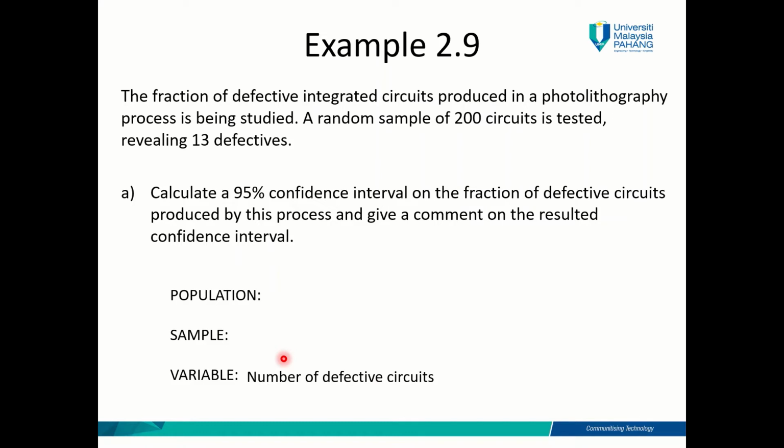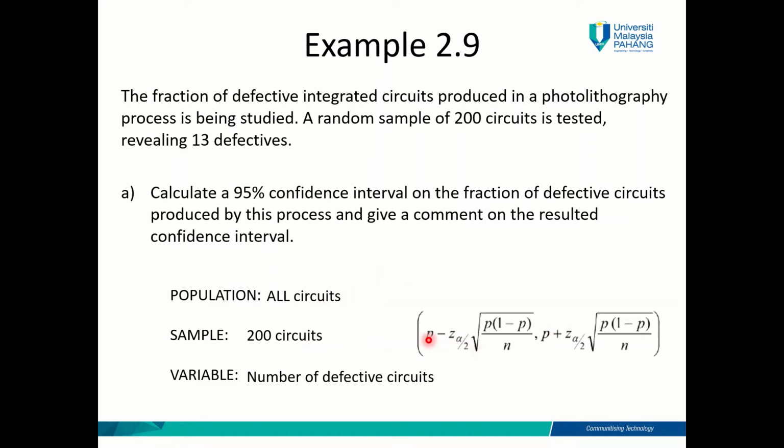Okay, so this is a little bit different from the previous examples in the previous subtopics. For proportion, the variable will start with the word number, and then you need to find out from the question number of what. In this case, it is number of defective circuits. The sample is 200 circuits, so the population could be all circuits. So you will use this formula,